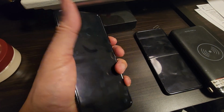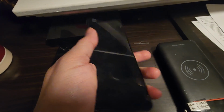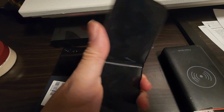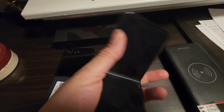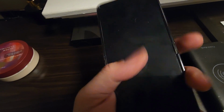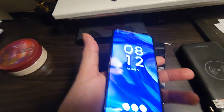I got the Razr 2024 and that smooth hinge, and the Razr 2023. As you can probably hear, the screen is a lot more... I'm not gonna say a lot more, but the screen on this phone takes a little more force to get it open and close, while the 2024 is a lot smoother. And that's probably the main difference in the two devices. They almost look alike,